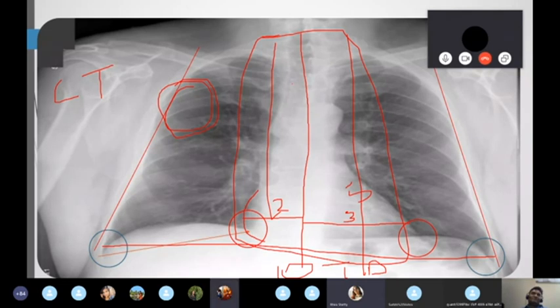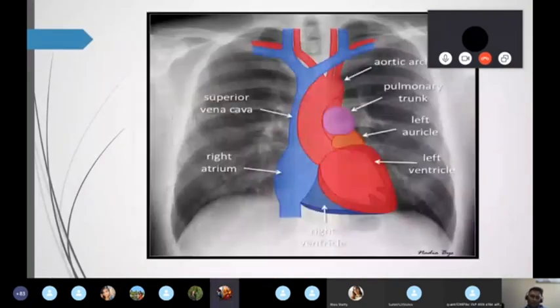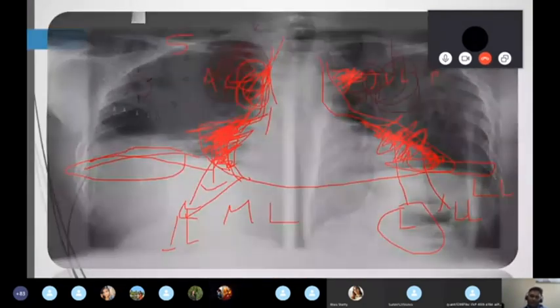So one doubt: will we be able to differentiate the type of pneumonia or TB just by looking at an X-ray? Always keep in mind, X-ray based upon history is also very, very important. We can't see directly on X-ray. Some classical signs are there. For example, I'll show you. If you keep this X-ray, I can diagnose it.